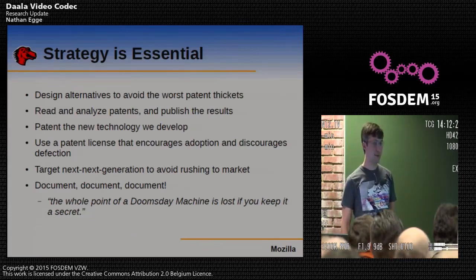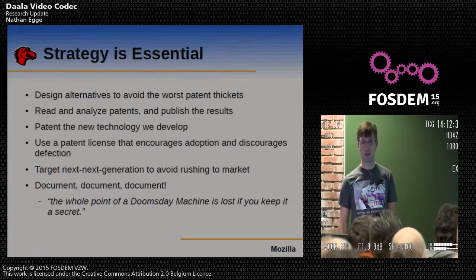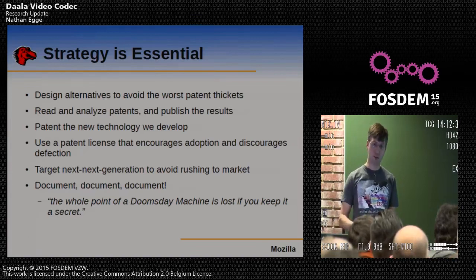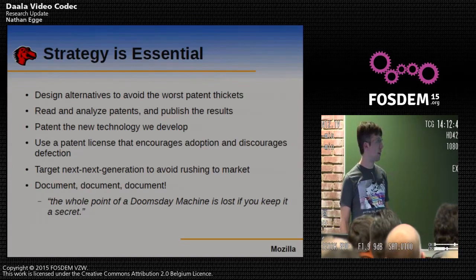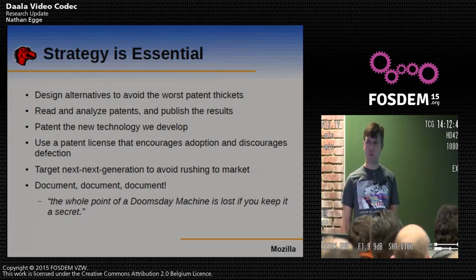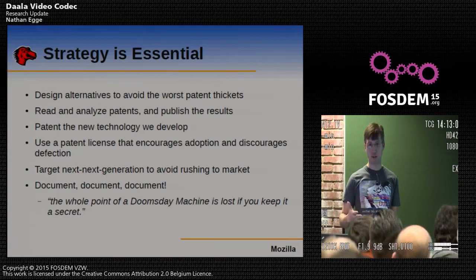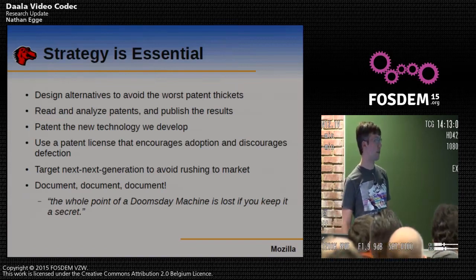We'll read and analyze patents and publish the results, and often the advice there is that you should not publish your patent analysis because it gives your competitors a blueprint of how you might defend this in, say, patent court. But the point is that when we analyze and publish these results, we can then defend ourselves against IPR claims like we did with Opus, by simply pointing at specific parts of these defenses and saying, your claims to this technique we're using do not apply for this specific reason, and we're not actually giving away any patent defense as a result. We end up with a very defensible statement.